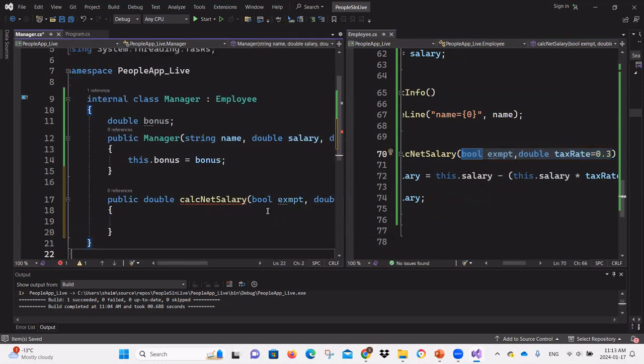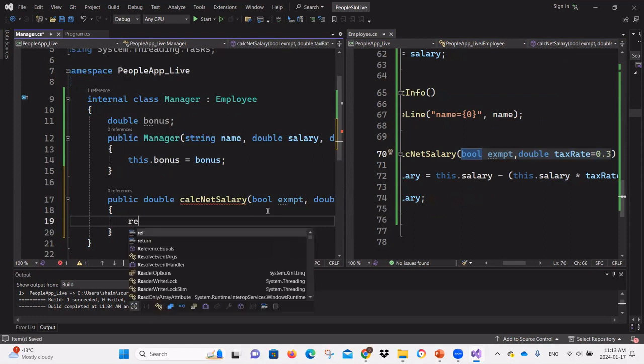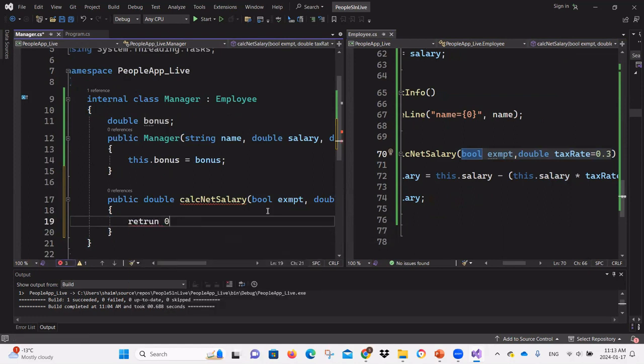But I want to change the calculation. Let me say return 0 for now to avoid this error, and then now I can do all the calculation